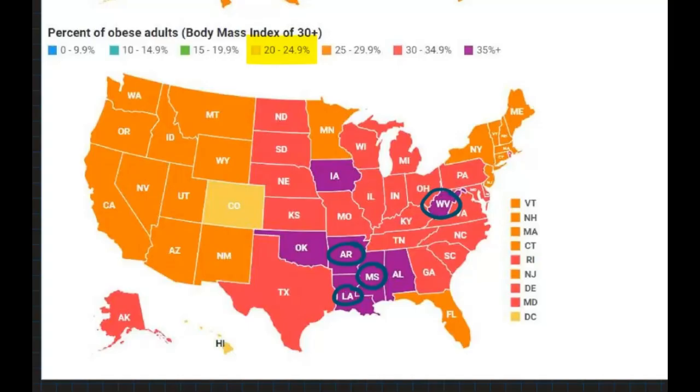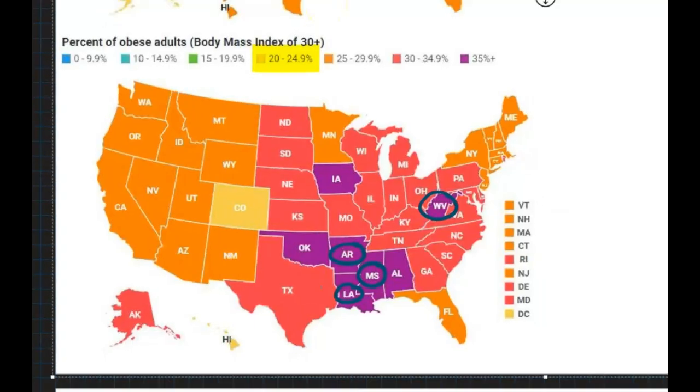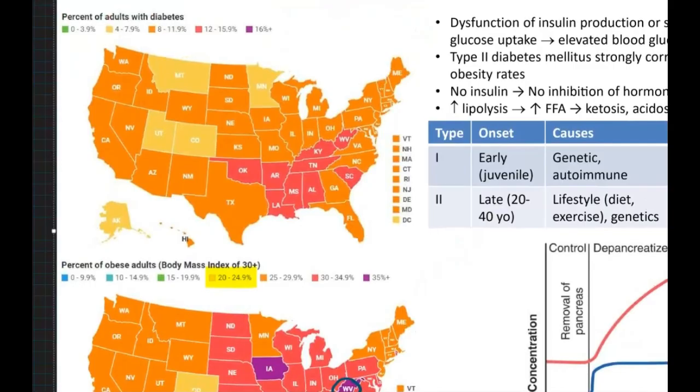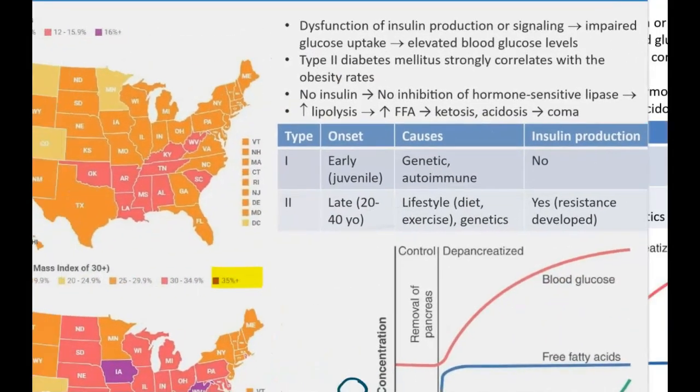So yeah, it's kind of interesting that everything east of the Rockies is pretty bad, and west of the Rockies isn't as much. Yeah, Ohio's pretty bad. We are definitely above 30, if not above 35. Okay? And if you look at the rates of diabetes, they kind of go hand in hand with obesity. Why? Because there are